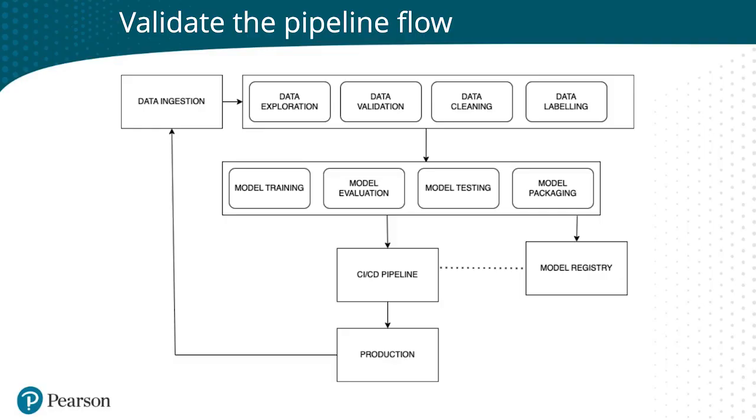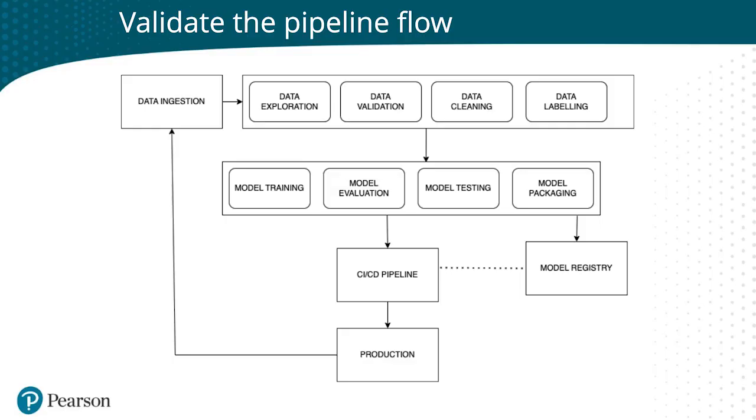So even if you have your model registry, your CI/CD pipeline still might refer to it, because you might need to do something like roll back your production API to a previous model, and now you can do that because your CI/CD is connected to your model registry. And then of course, after you've gone through everything, your CI/CD pipeline leads to production.